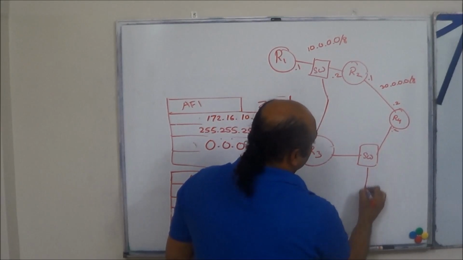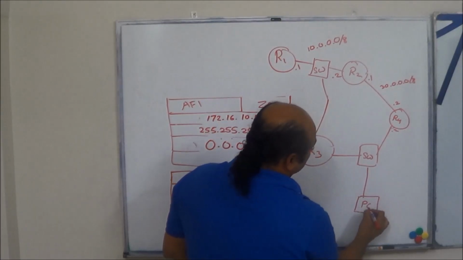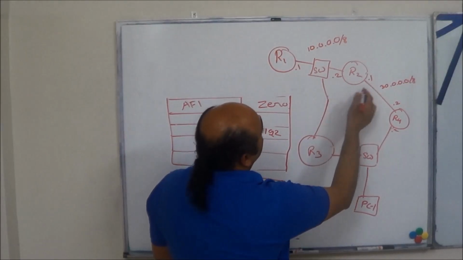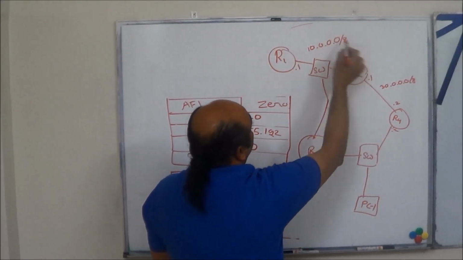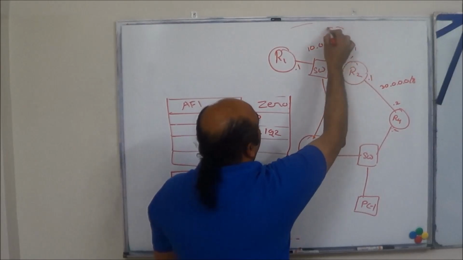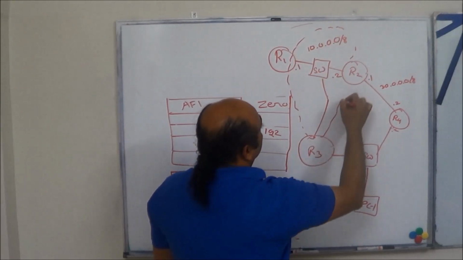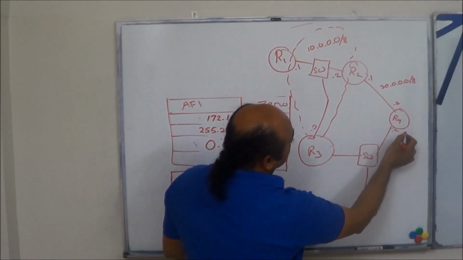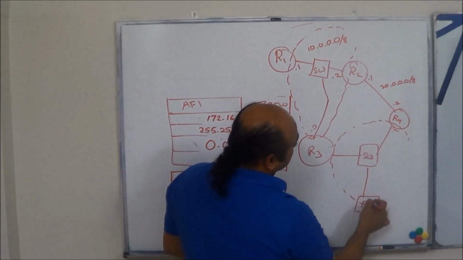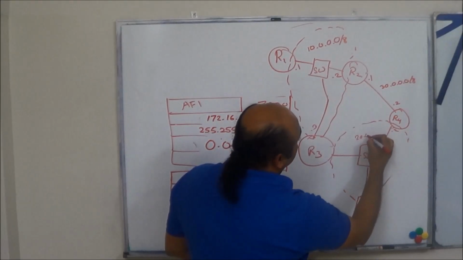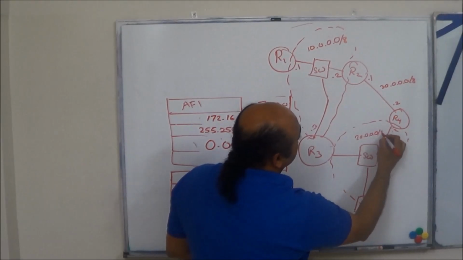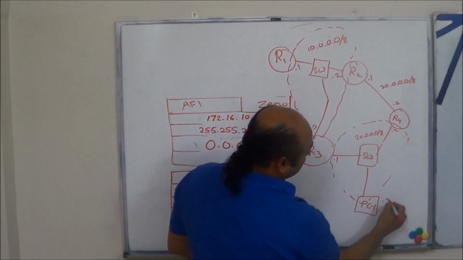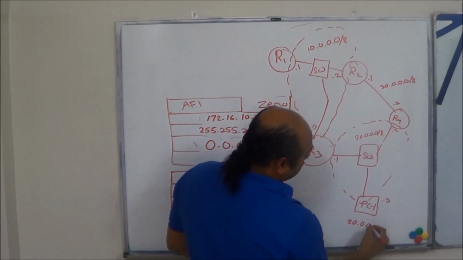What is this? Switch. There is the PC. What network is this? 10. This is 10 network. Which network? This. Agreed? Yes, sir. And what is this network? 20. This is 20 network. Dot 1, dot 2, and this is dot 3. So what is the IP address for this?